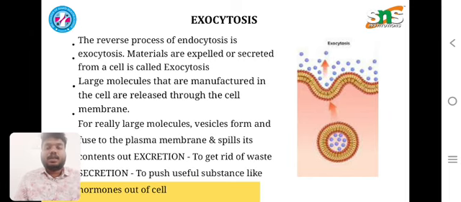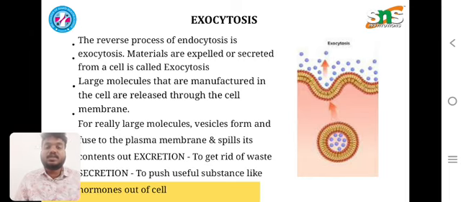And then the reverse process of endocytosis is exocytosis. Materials that are expelled or secreted from a cell is called exocytosis. Here the large molecules that are manufactured in the cell are released through the cell membrane. For really large molecules, vesicles form, fuse with the plasma membrane, and spill their contents out to get rid of the secretions